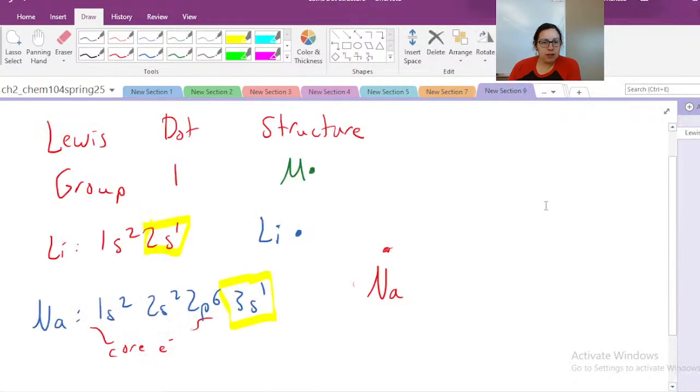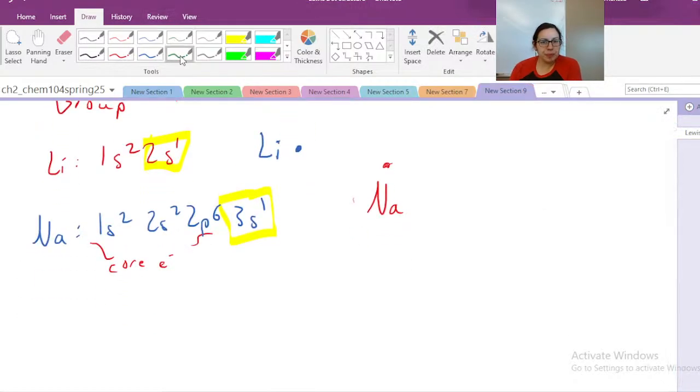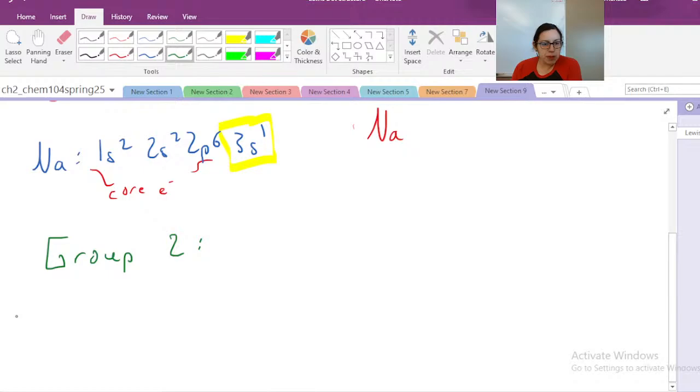So again, kind of similar thing. As we keep going, we want to recognize our pattern. So, okay, group 2, we'll just start with magnesium because that's where we left off. So the electron configuration,